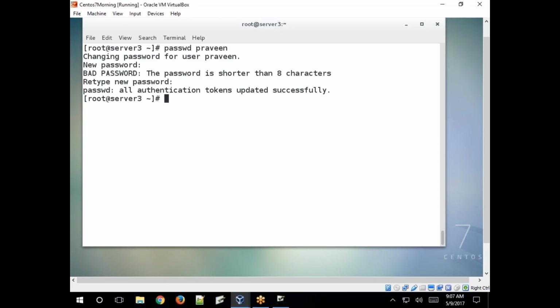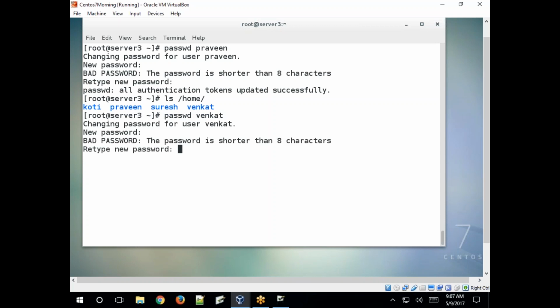Clear? So any other usernames? Venkat. passwd Venkat. Created user, right? Okay. Now check the password file or the shadow file.